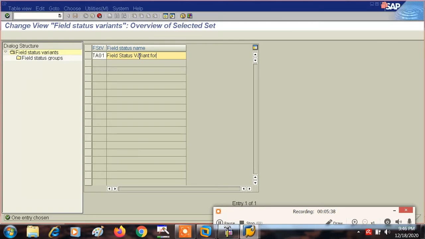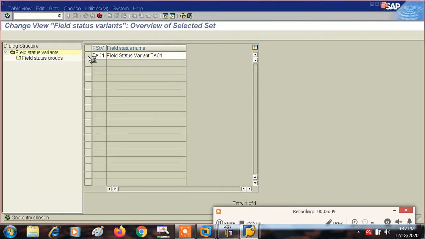Okay, it's not taking. Okay, it's not taking. So we can do TA01. So the name is TA01, and the description also we should give as field status TA01.